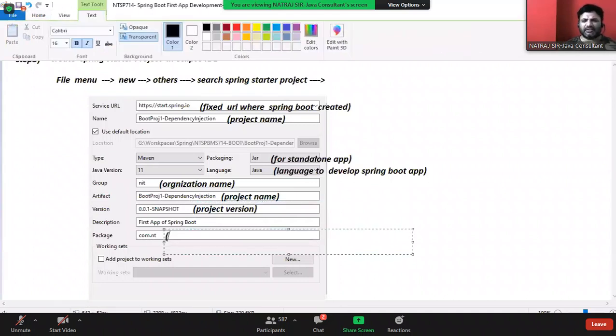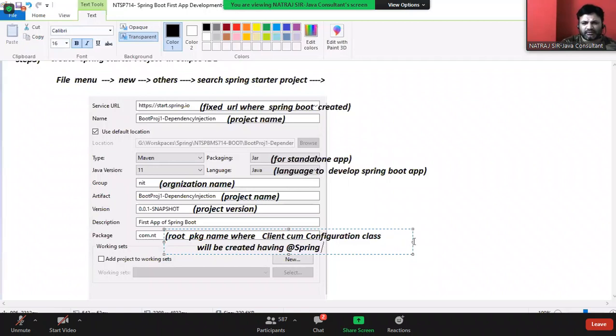So package name, generally the root package name, where the client application configuration class will be created